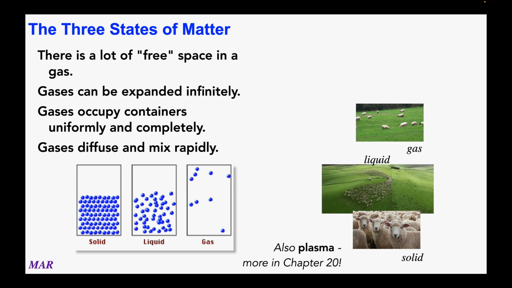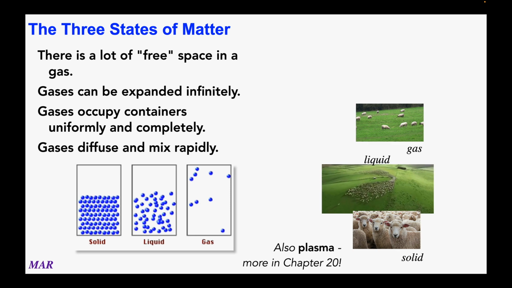Now, again, it's important to remember that solids, liquids, and gases, it's all the same. So if we're talking about water here, ice would be the solid version of water at a low temperature. Liquid water would be, of course, drinking water, and then gas would be steam. So those blue molecules in this model would represent H2O. It's just the interactions between the H2Os, which are different, that makes solids different than liquids, which are different than gases. We're going to look at gases in this chapter a lot.